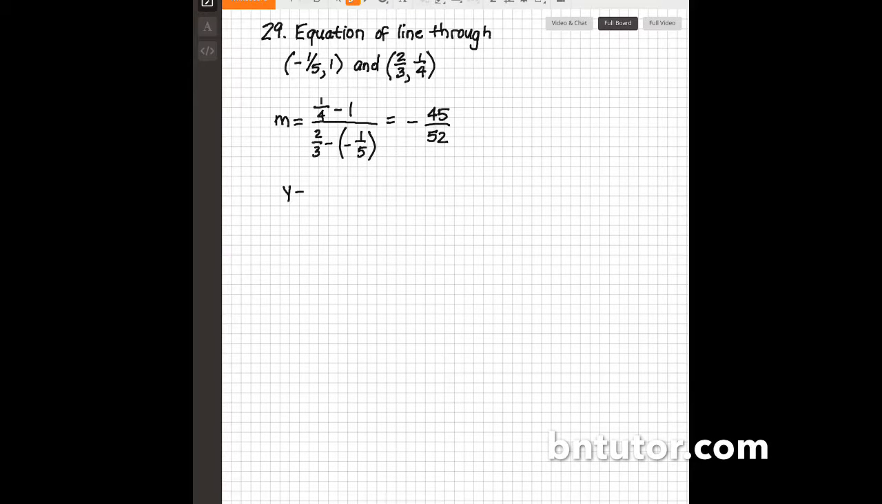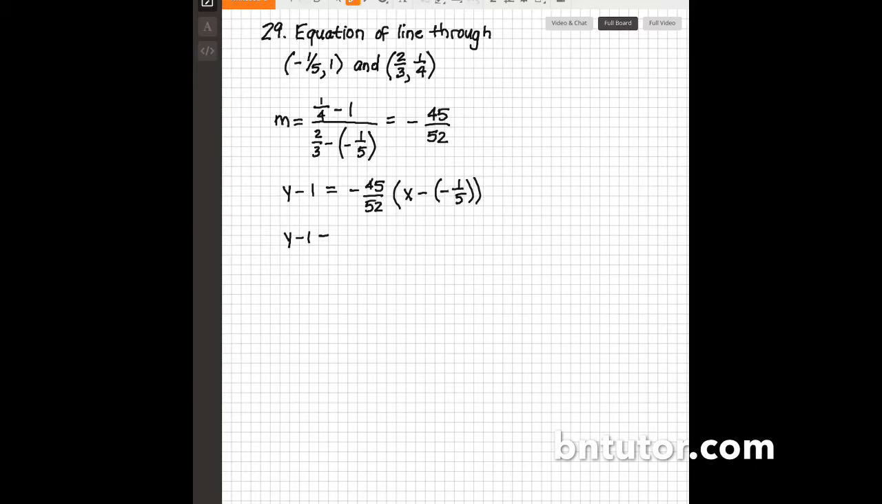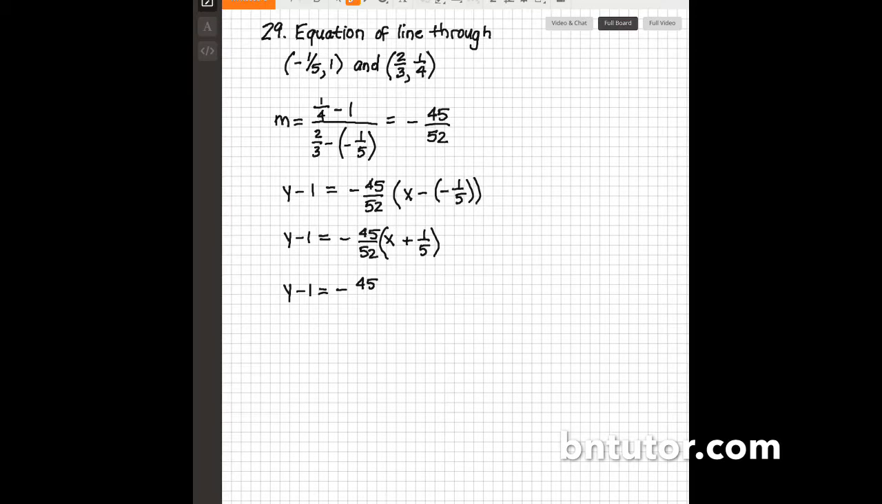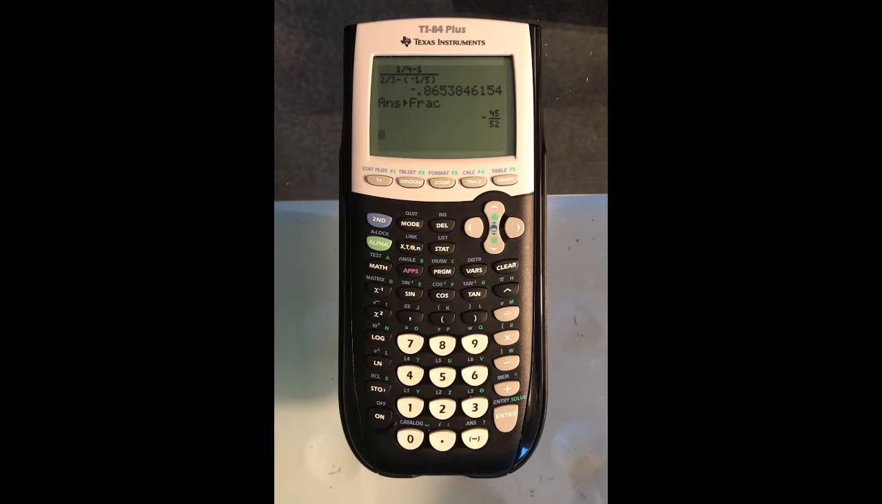We enter that in, and now we're ready to start writing the equation of a line using what's called the point-slope form. Using the first point that we were given, it's y minus 1 equals the slope times x minus that first x value of -1/5. We'll do a quick bit of simplifying here inside of those parentheses, knowing that x minus -1/5 is the same thing as x plus 1/5. Next, we'll multiply that fraction times the quantities that are in the parentheses, -45/52 x,